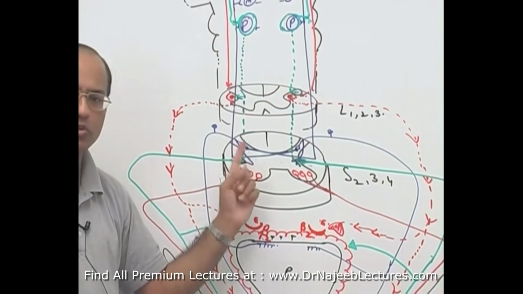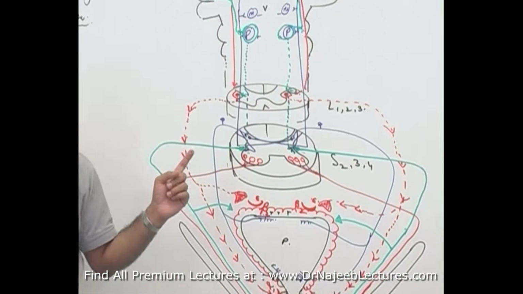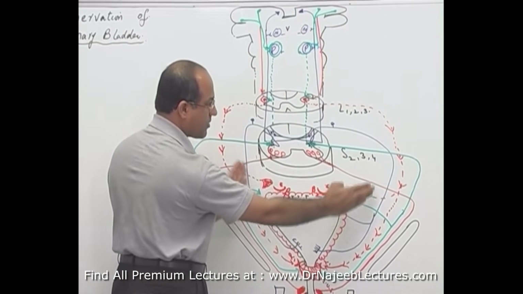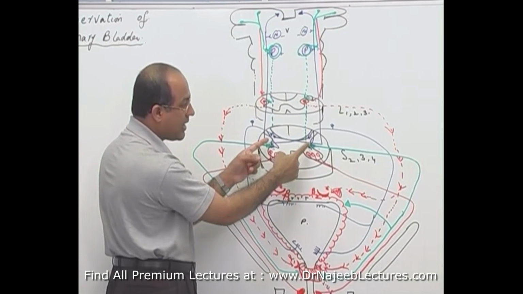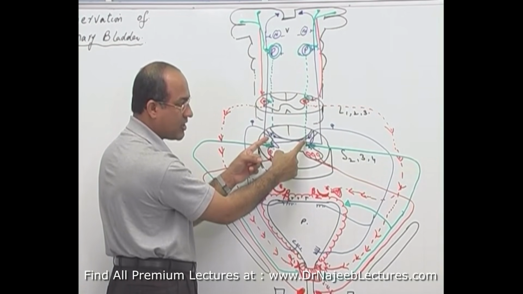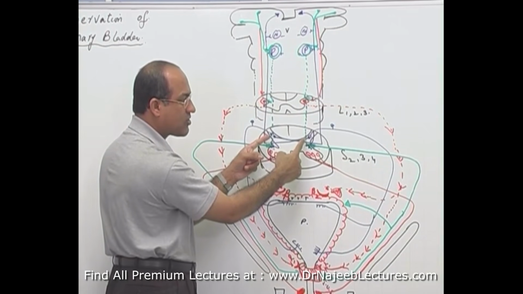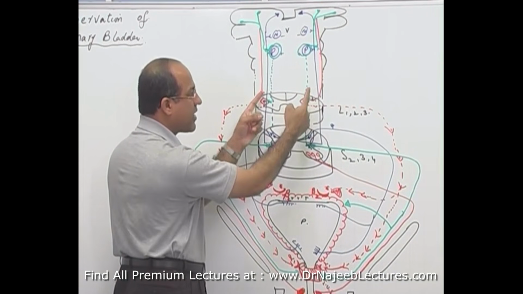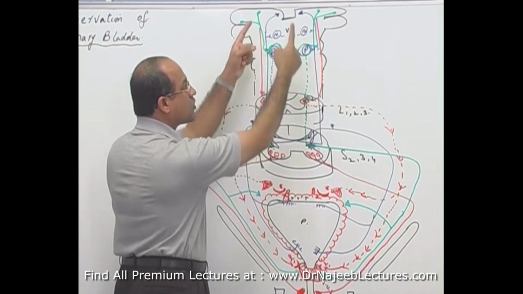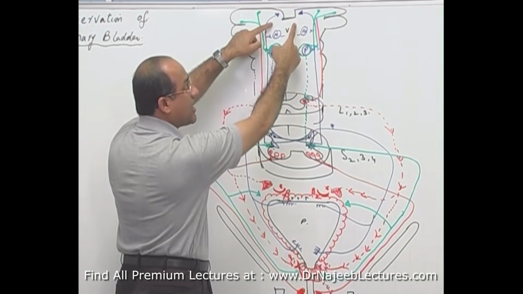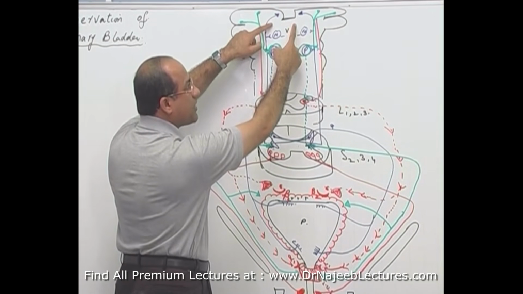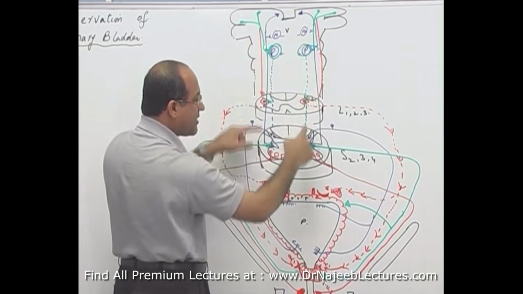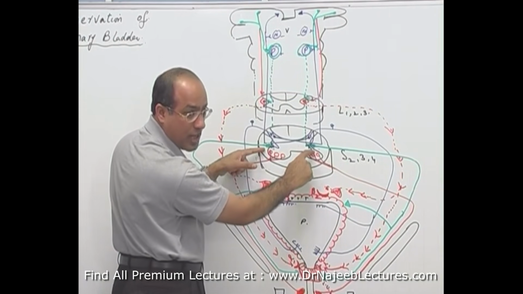Now, compare the previous situation and the present situation. Previously, when he was holding the urine, sensory input was going to the central nervous system, and in the sacral area the spinal reflex was trying to activate the parasympathetic. But as socially the situation was not acceptable and he was planning not to void the urine, the central nervous system at the cortical level decided not to pass the urine. Then the pontine centers were inhibited,